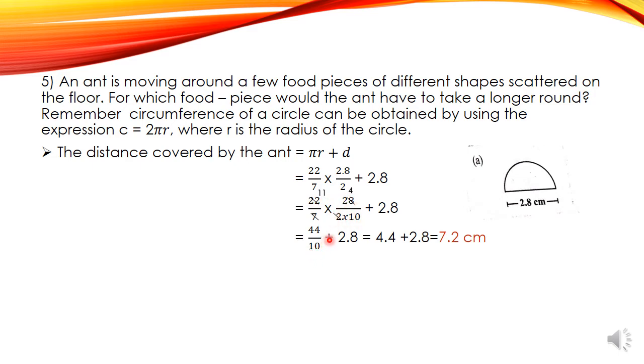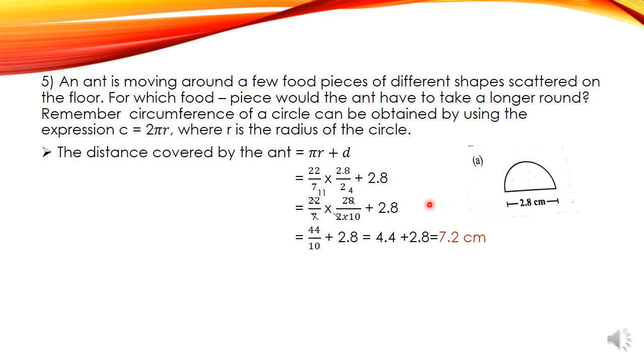That plus 2.8. 44 by 10 is 4.4, plus 2.8. Adding them we get 7.2 centimeter. Okay children, so the ant has to move 7.2 centimeter around this food piece. Now let us see the distance covered by the ant, or the distance it takes to move around the